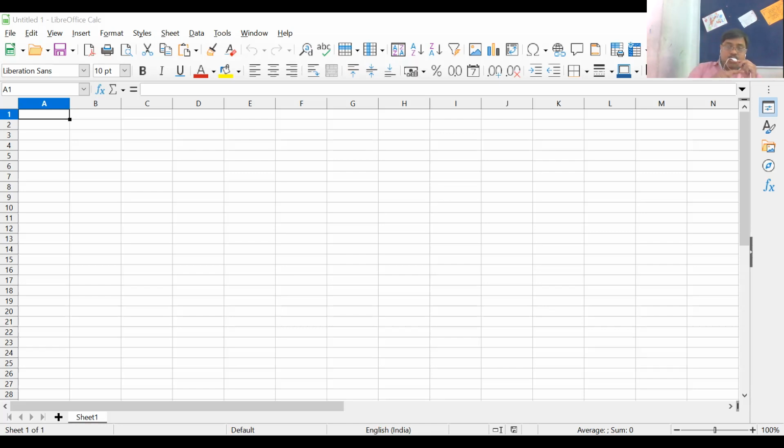Listen, my dear, rows are represented by numbers, but columns are represented by alphabets. You can see A, B, C, and when you mix a single column and a single row, that forms a cell, my dear. Okay, now you have to know what a cell is. See, students, just now you can see A1, B1, C1, these all are cells.